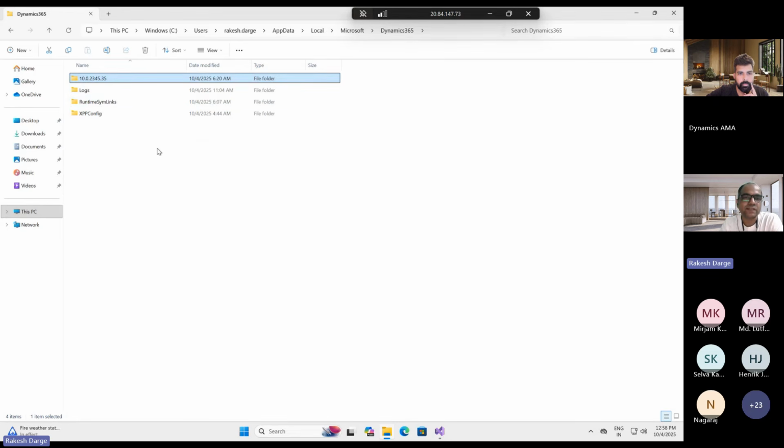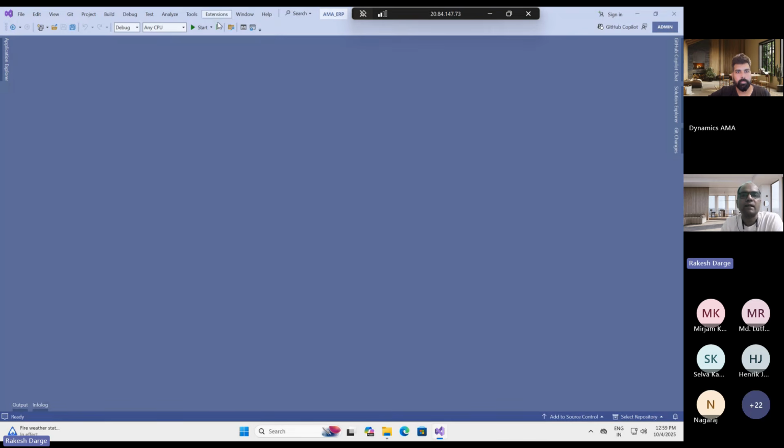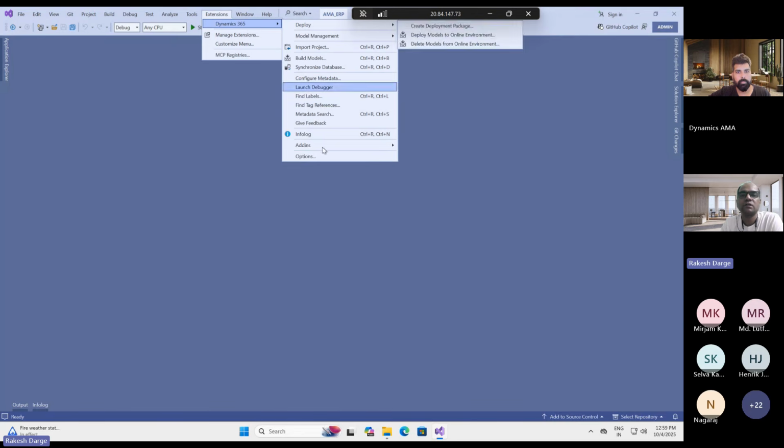So again, thanks to the product development team, who did a fantastic job and help developers not to go back and check everything. Right now I'm sticking to this, but tomorrow if we receive the next platform update, which is 46, I'll see another folder automatically landing here for me. And then pretty much the platform tools for finance and operations apps, or the trace parser tool, everything is bundled here. I already installed the platform tools and everything that you can see here. Very similar to the experience that we used to have in the CHE.